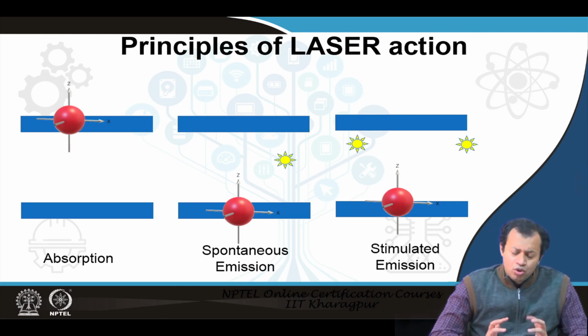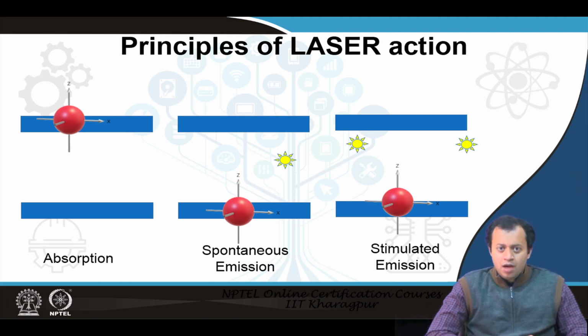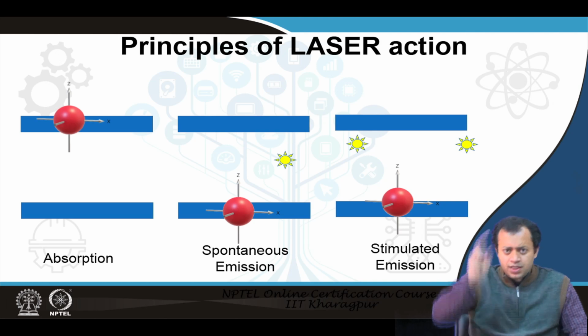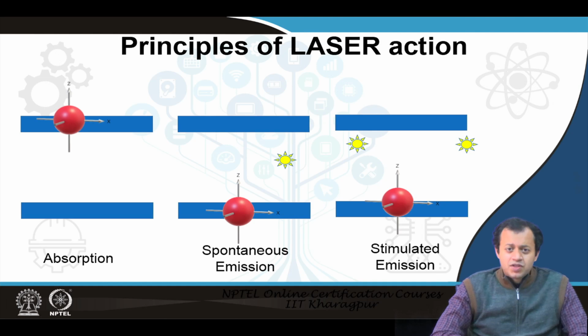Almost all books actually tell you what stimulated emission is. My question is why? Why does it happen? Why doesn't it go further up? Why does it have to come down? Why doesn't it go somewhere else? For the time being, I will keep it as an open question for you to search. I'm not Google. I'm not going to give you every single answer. In the live session, maybe we will have a debate, a discussion regarding this.